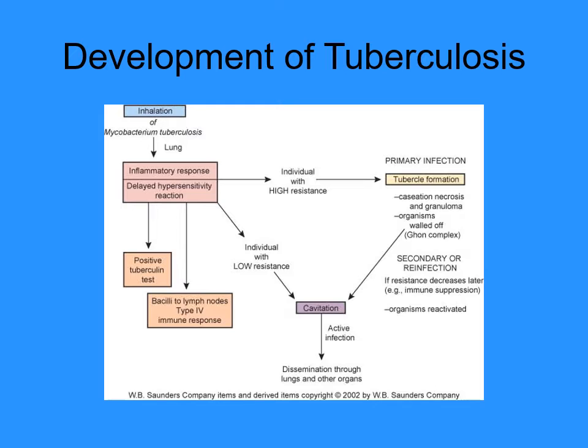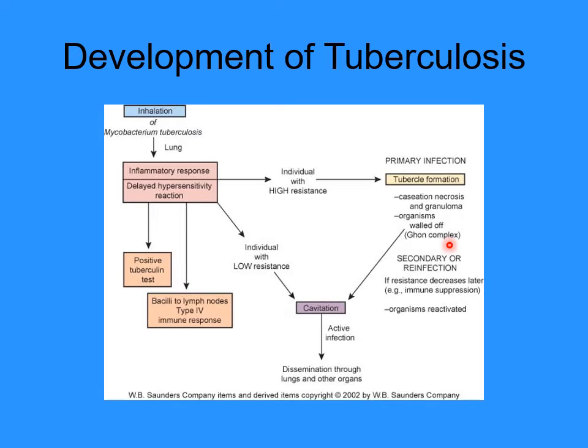This is the development of tuberculosis. Here's the Mycobacterium tuberculosis infection. There's two ways this can go. If an individual has high resistance, then you get the tubercle formation. Caseation necrosis, that is where this is walled off by the immune system, and it looks on an x-ray almost like something like cheese. It's white. It contains dead tissue cells and also macrophages, and is called a Ghon complex when this is walled